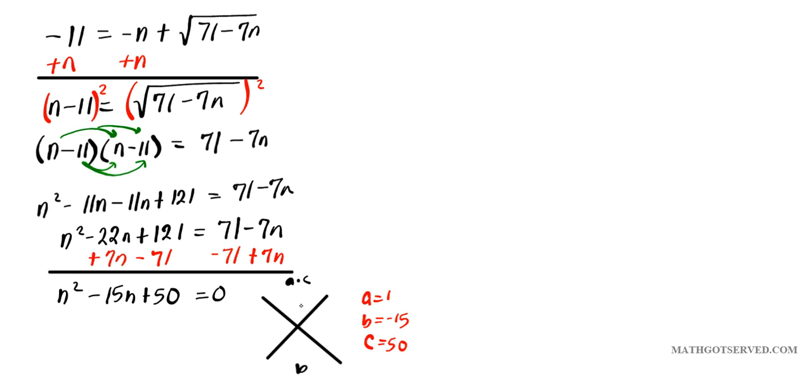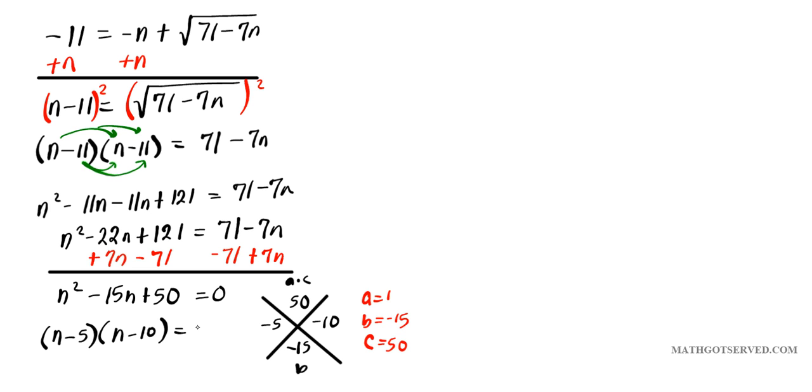So AC is 50, and then B is negative 15. What two numbers multiply to give you 50 and add to give you negative 15? How about negative 5 and negative 10? That works perfectly. So since A is 1, we can jump right to the factored form: n minus 5 times n minus 10